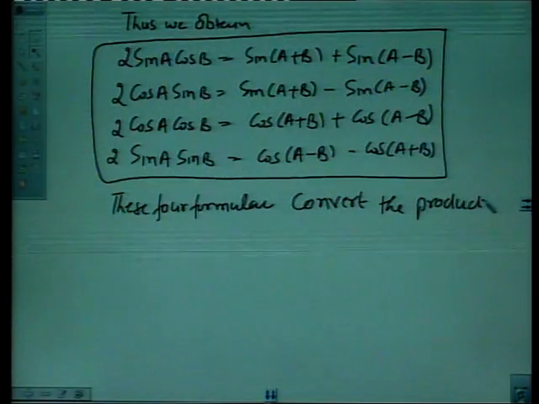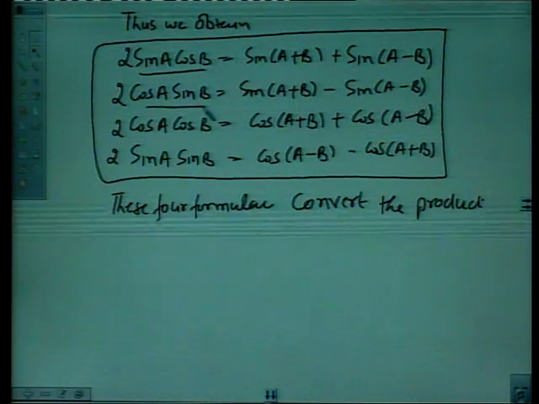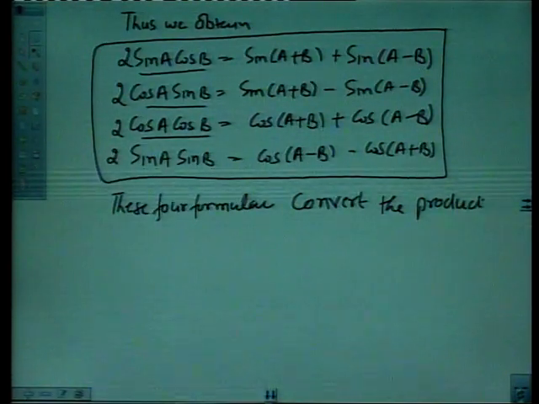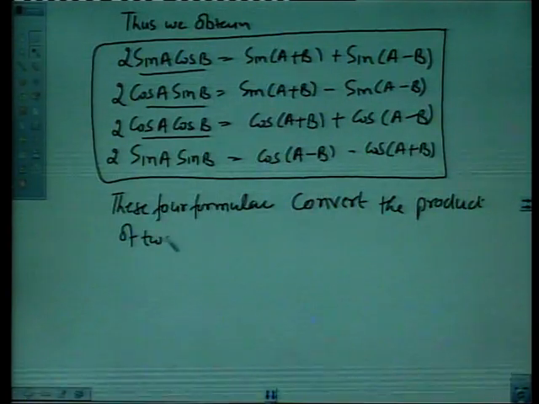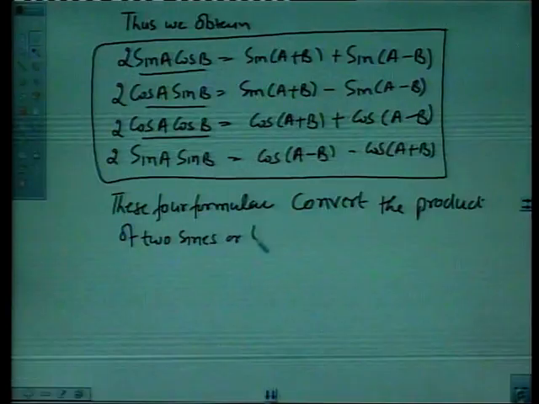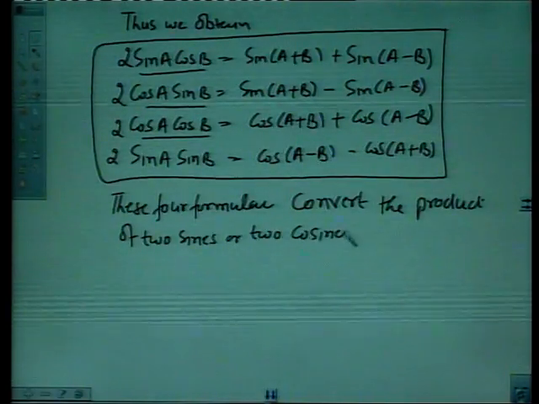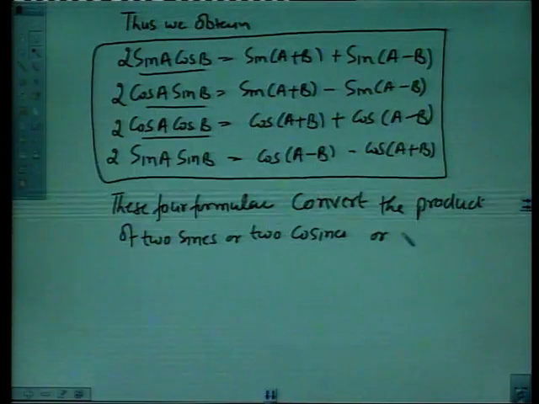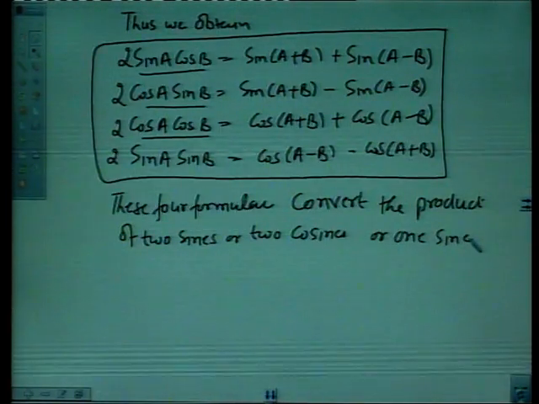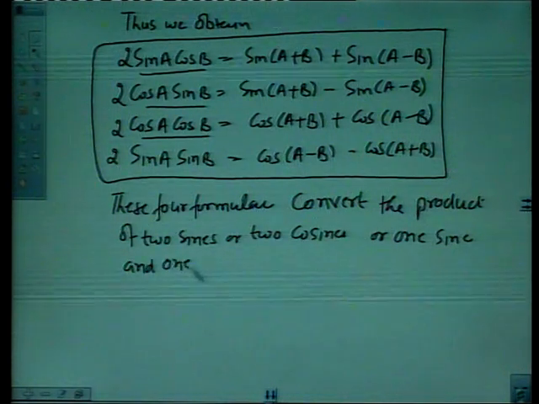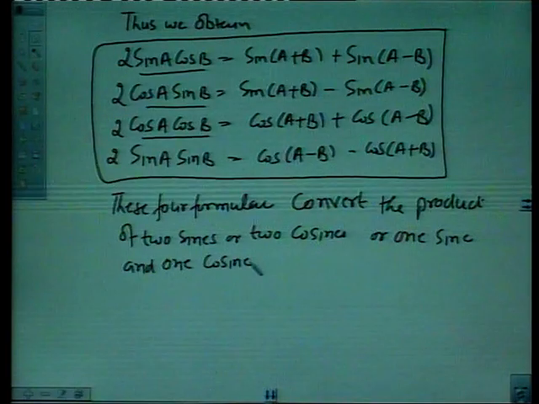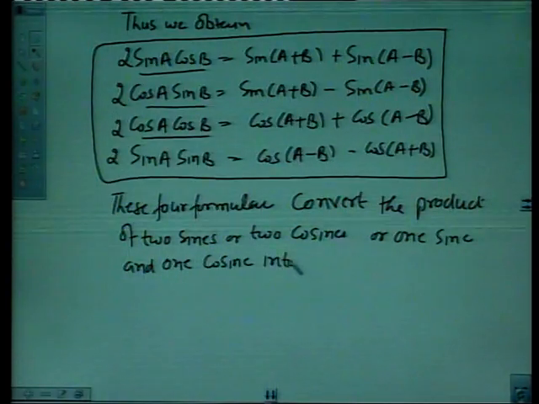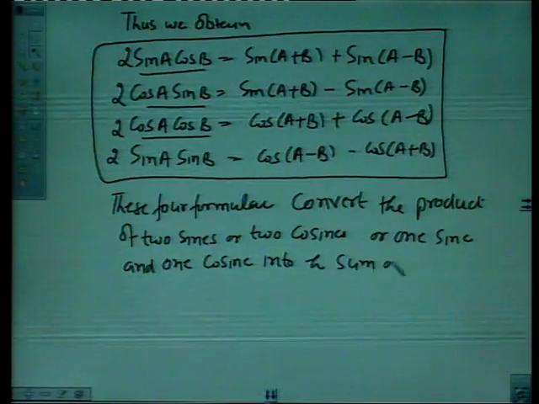Here we have the product of sin A cos B, cos A sin B, cos A cos B, sin A sin B. We have a product of 2 sines, or 2 cosines, or 1 sine and 1 cosine, and we convert it into the sum or difference